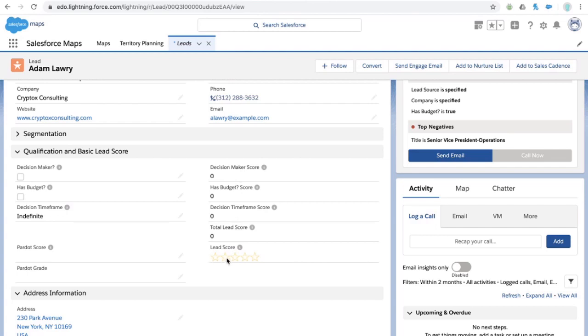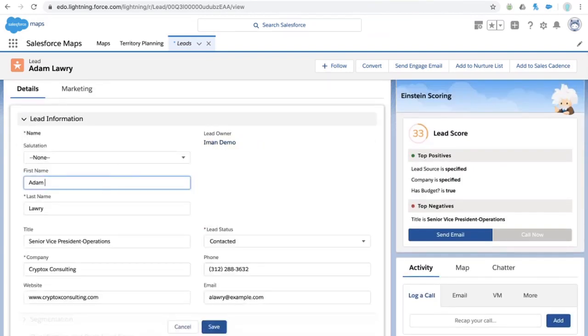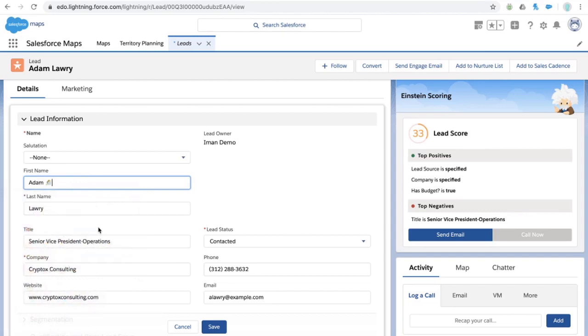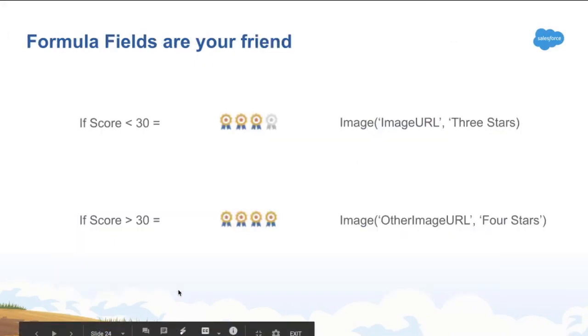And if you have a visual indicator that you like, if you have an image that looks good, use your own image. If you sell tractors, maybe it's a green, yellow, red tractor or something. But a lot of people like stars. You can even use emojis in here as well. It's just a field, and Salesforce does let you put emojis into it. So you can put emojis into your different text fields, into your different visual indicators, okay? But that's one option. So one option is just formula fields, and really just score them any way you want.